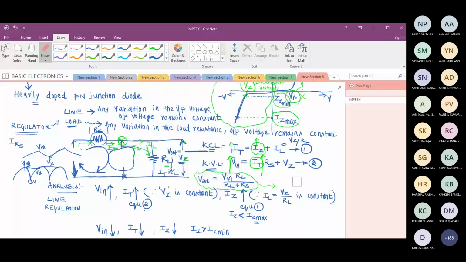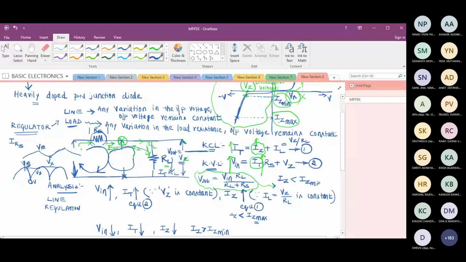That part I have erased. So I'll write V out is equal to V in RL by RS plus RL, under the condition. What is the condition? This is for the condition if IZ is less than